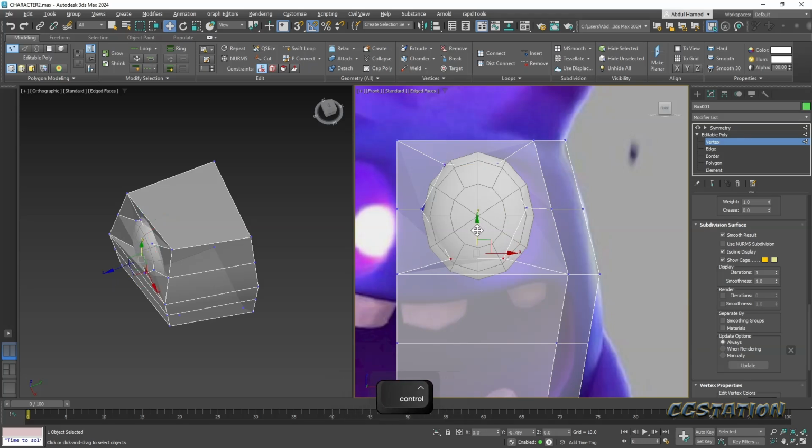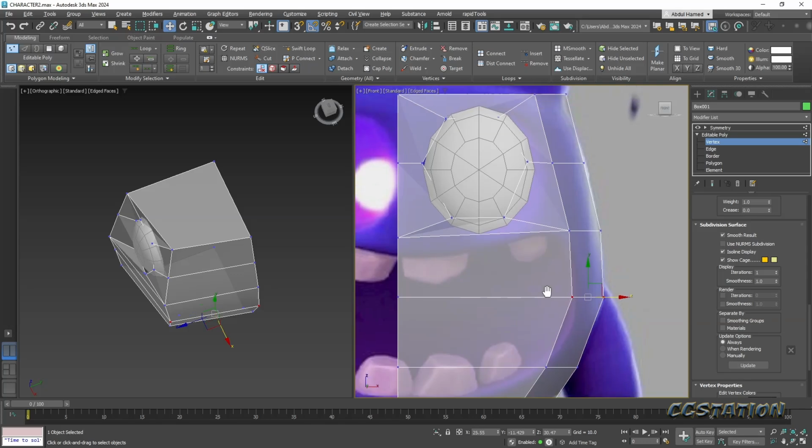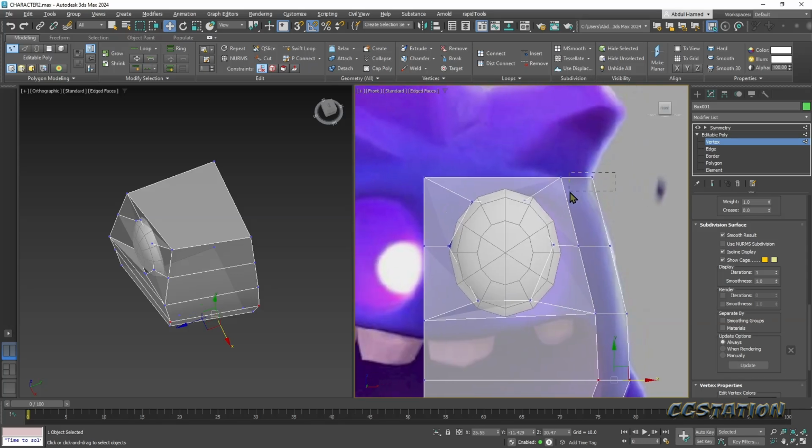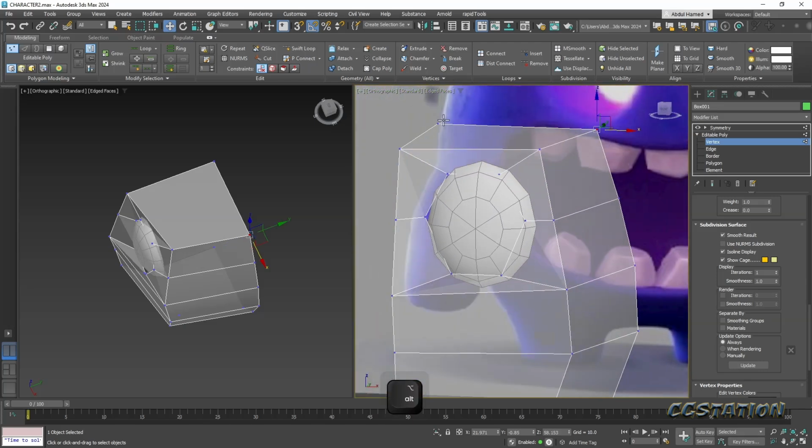So for now, let's add just two more edge loops, one right here,